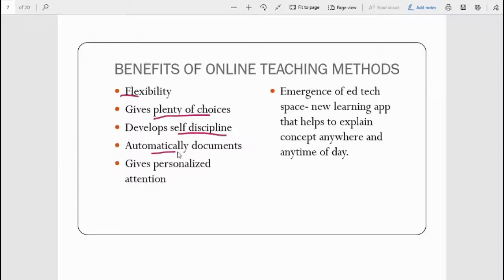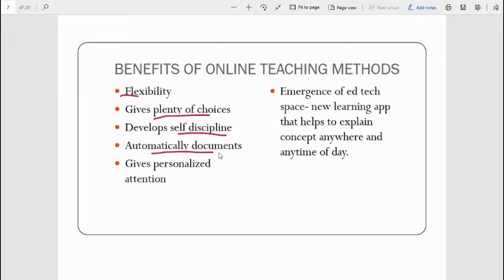It automatically documents. In offline mode, I have talked about documentation, like you have to arrange, you have to keep your notes, written materials in a proper way. But here in the online method, you don't have to bother about it at all. It will document on its own. Say for example, for my own channel, there are playlists. Okay, you can easily go and access it at any point of time. And very soon I will upload PDFs also. So you don't have to worry about those PDFs, because even if you lose it, say for example your drive is not working, it is very much damaged, you can access all this material at any point of time.